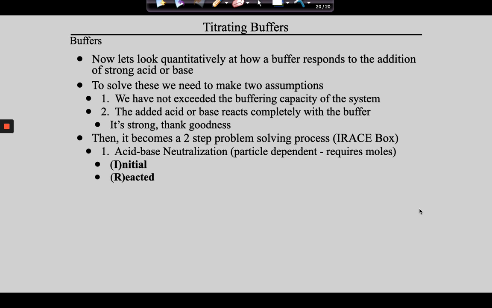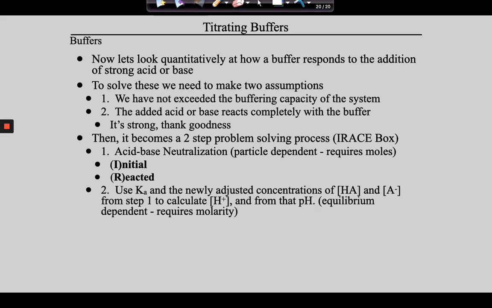And Matthew, this is where it's going to become important, that additive volume thing, because we're going to be converting back to molarity, and we've got to keep track of how the volumes add up. Then, guys, step number 2 is we use the Ka and the newly adjusted